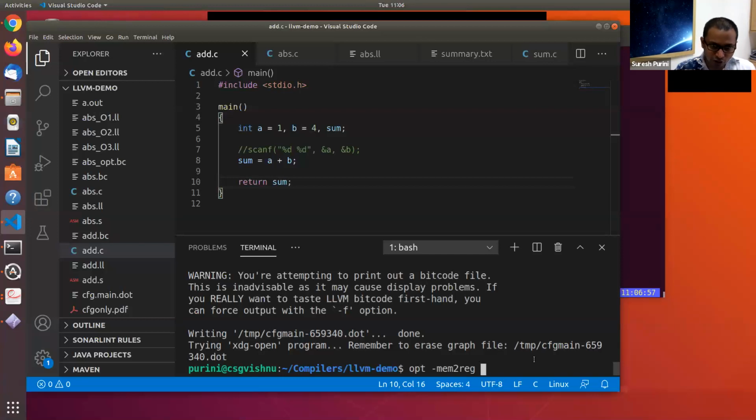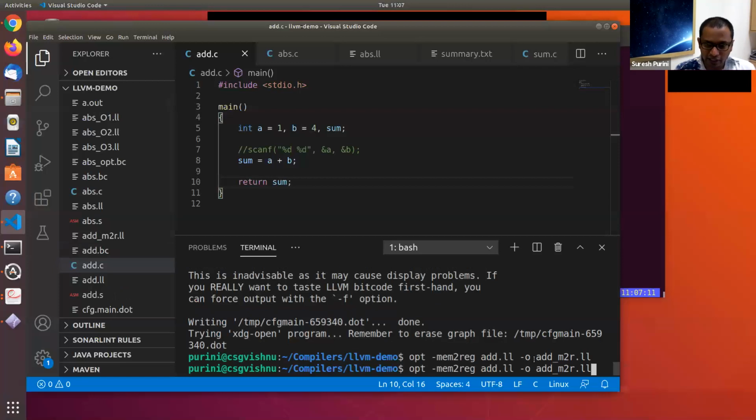So let's take this code, which is add.ll minus O. We are applying just minus mem2reg to add.ll, and we are storing it in minus m2r.ll. This is what we are doing. And then let's look at